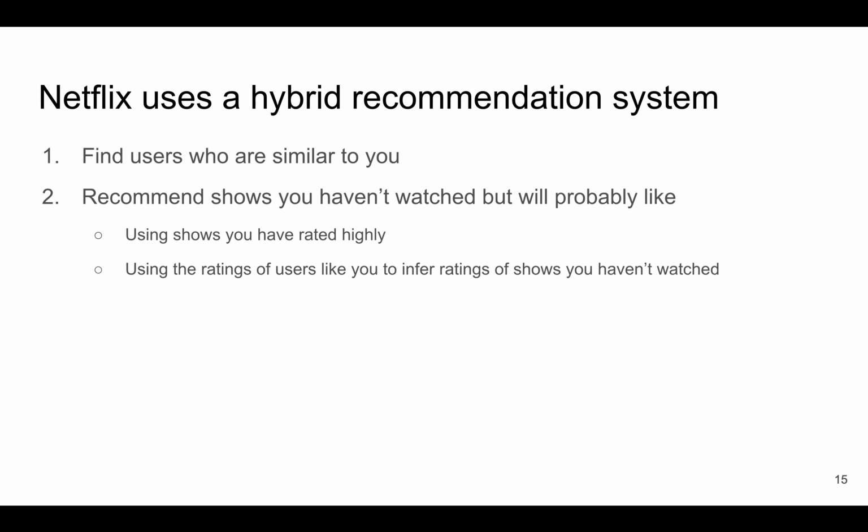And in real life, Netflix basically uses a combination of collaborative filtering, content filtering, and clustering to make recommendation or rating predictions and recommendations. So it definitely uses clustering and other users' ratings to find users who are similar to you. And when they want to recommend a show that you haven't watched but you probably like, first they'll look at shows that you've liked and use the similar users to guess ratings of shows that you haven't watched and recommend one of those to you.